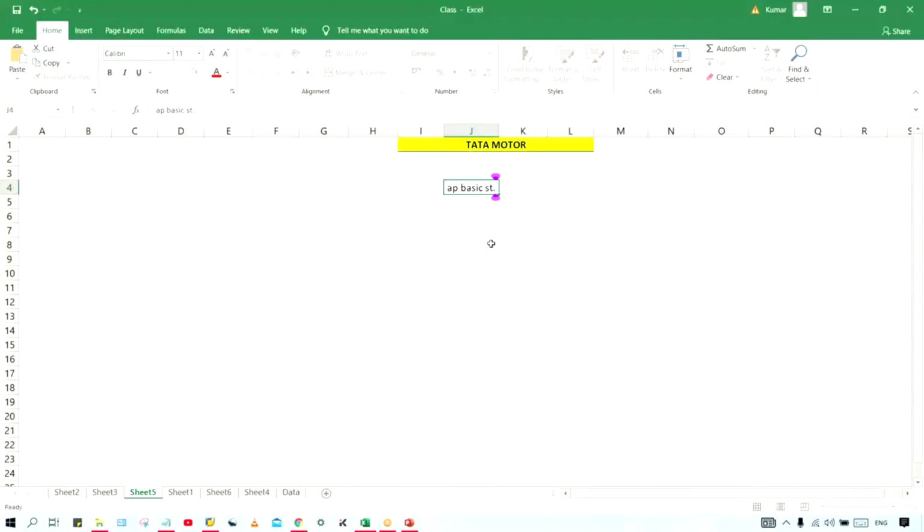Once we have done this account payable basic setting, then you have to test it, right? Now, all the cash related transactions are going to be posted with the help of cash journal. If we have done configurations for this one, we have to test it, right?